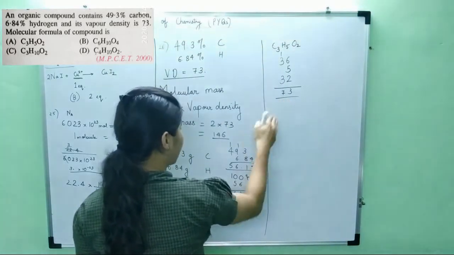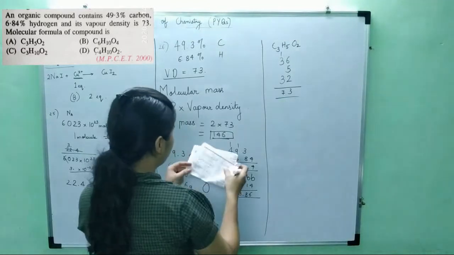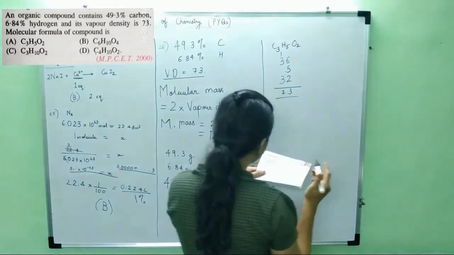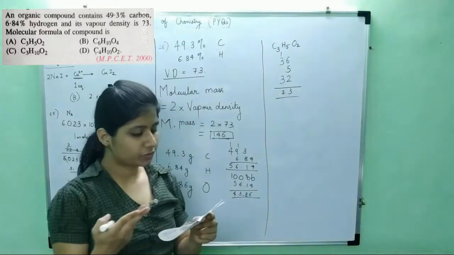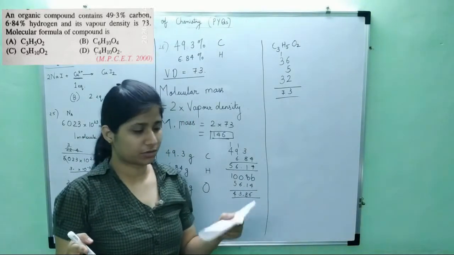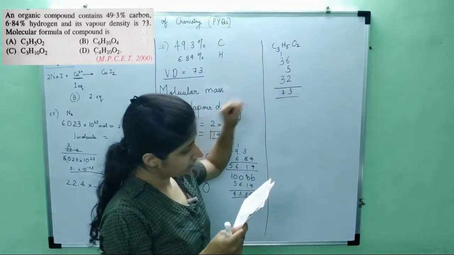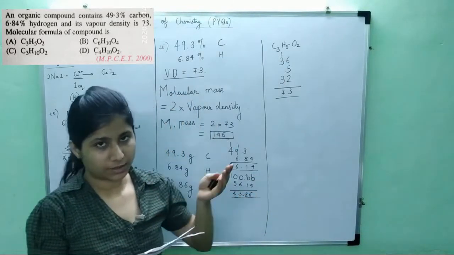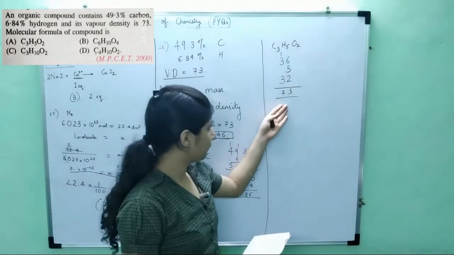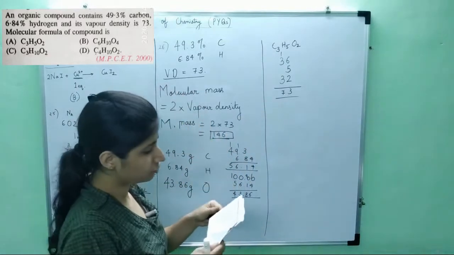73 is half of 146. I have to find the molecular formula to be 146. So let's check the others. See, the molecular formulas which are given are very far apart from each other. So even if I have C3H10O2, which is 5 hydrogens more than the A part, even if I add 5, this is not coming out to 146. So C is also not the option, A is also not the option.